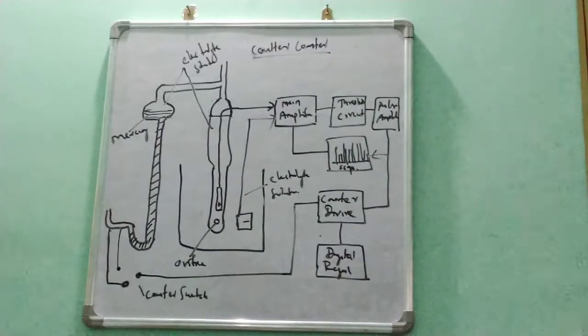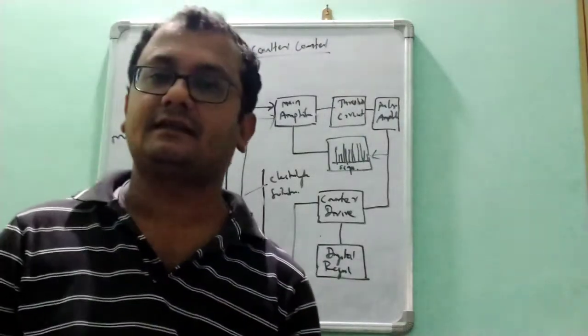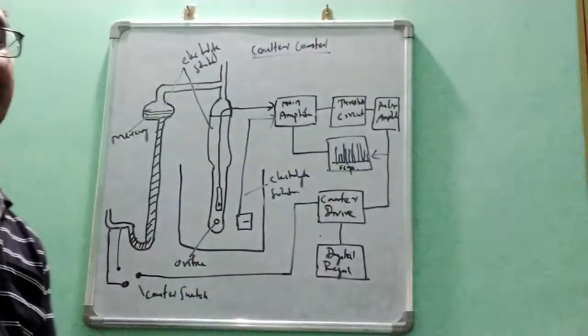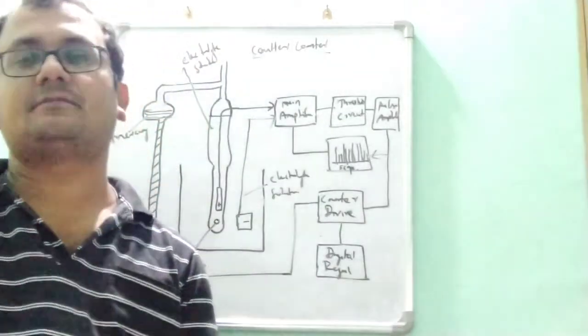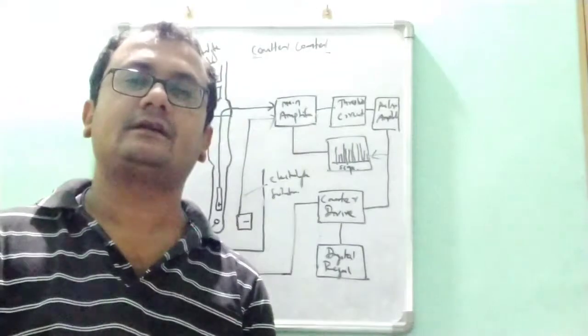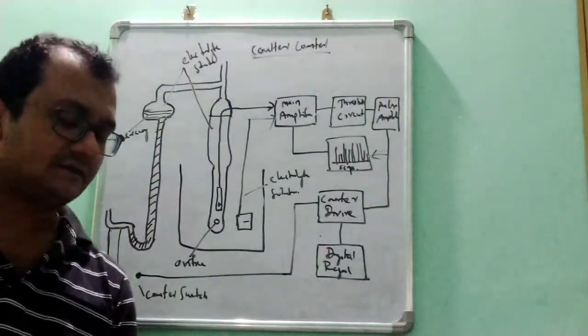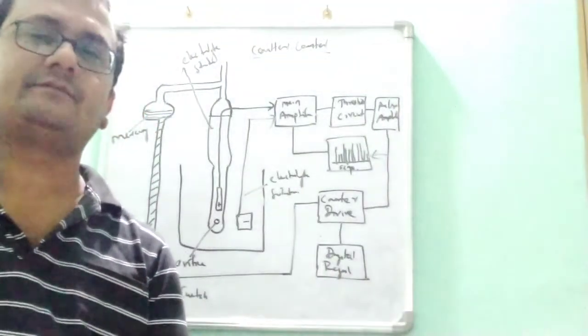We can write it shortly as dV, the diameter of the sphere having the same volume as that of the asymmetric particle. The volume of the sphere being the same as the asymmetric particle, we can call it the particle volume. That we can measure from this, and later on it will be converted to diameter. First the volume is determined, then it will be converted to diameter. This type of instrument is nowadays very accurate and also very expensive.